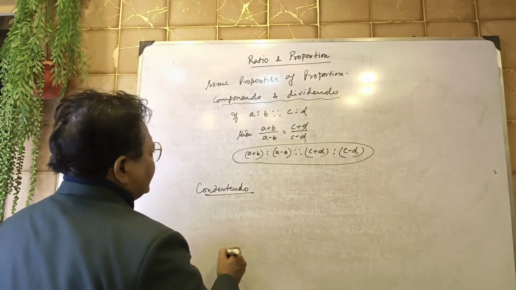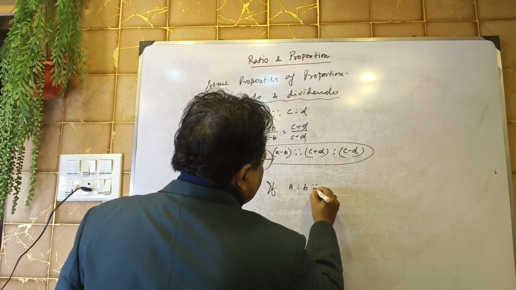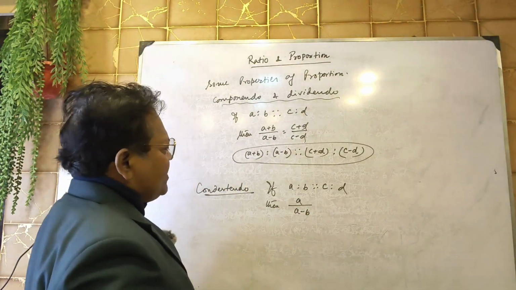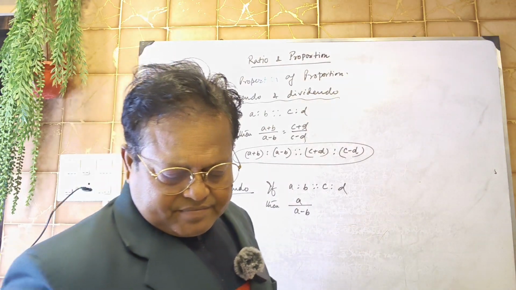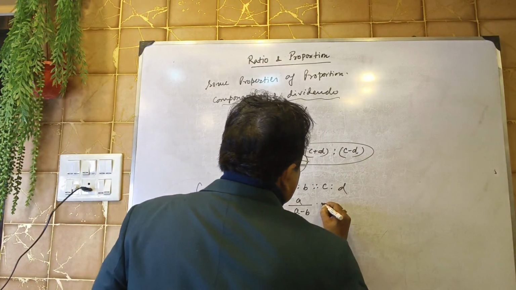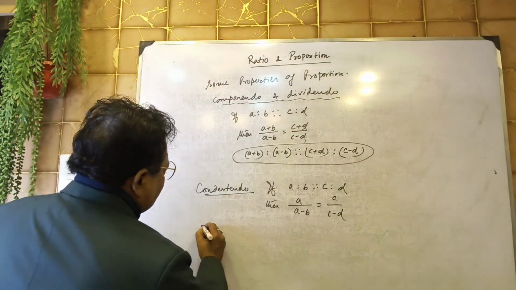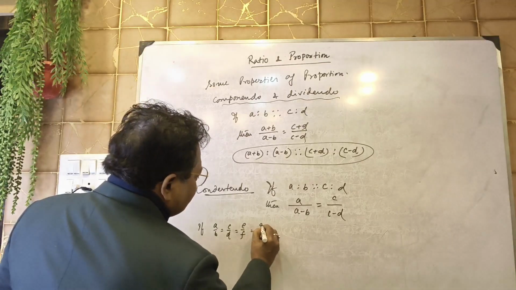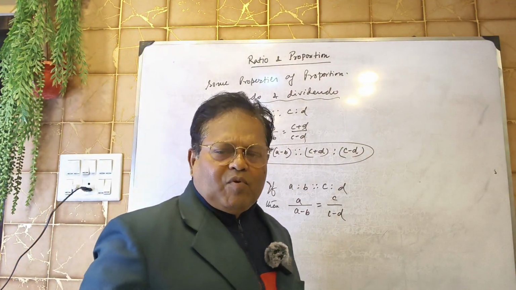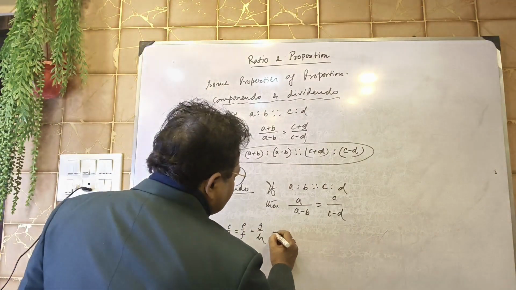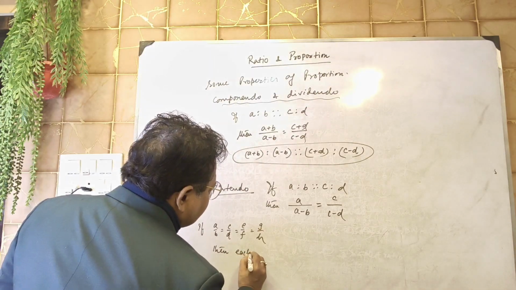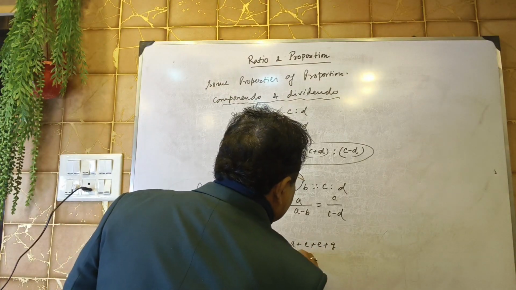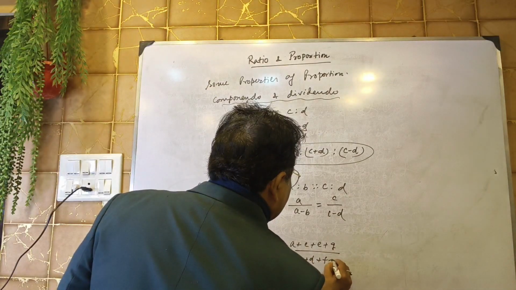Convertendo. What is convertendo? If A is to B is to C is to D, then A by A minus B is equal to C by C minus D. This last one, that is, if A by B is equal to C by D is equal to E by F is equal to G by H. Suppose this is a continued proportion, then we can write each ratio is equal to A plus C plus E plus G by B plus D plus F plus H,